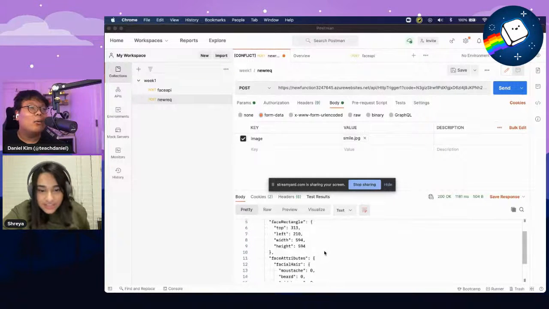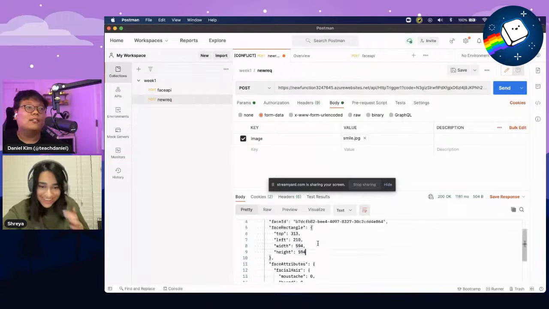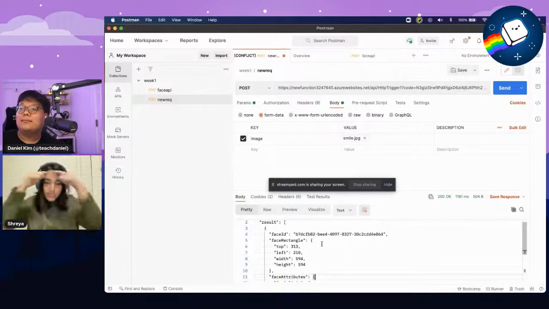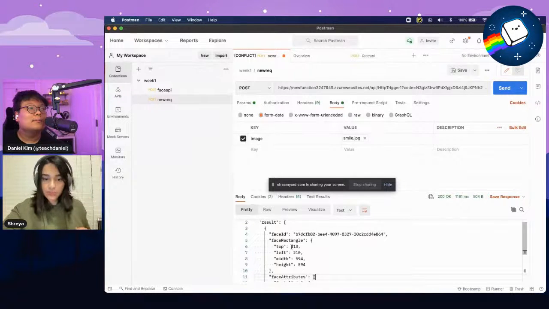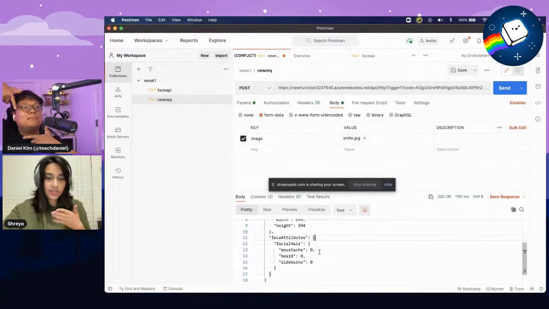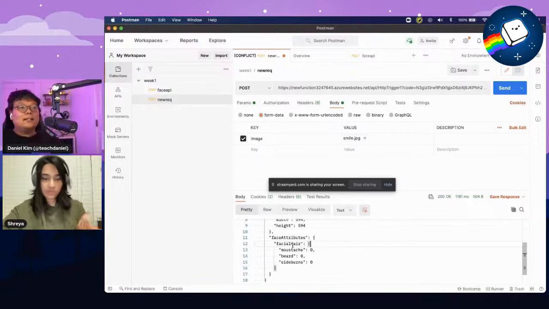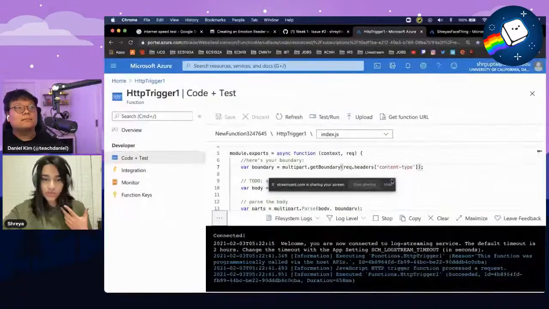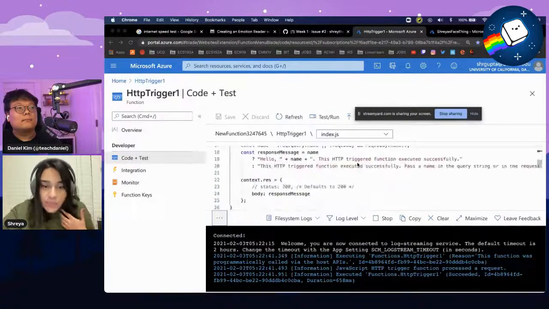Wow. So what is the face rectangle? That's a great question. It's the rectangle that identifies the face itself. So it's just telling us which part of that image in terms of the pixels has a face on it, and then it's telling us which part it's analyzing. So we're still doing facial hair right now. So she doesn't have a stash or a beard or sideburns. And we're going to go into the code again real quick and change that part